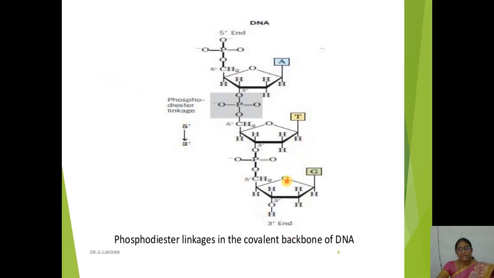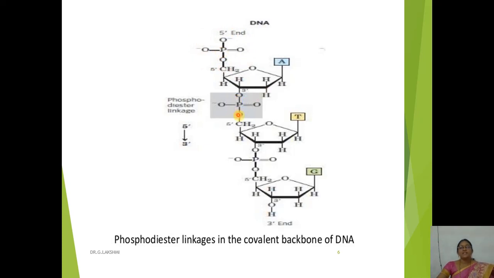DNA is a double helical DNA. One strand runs in 5 prime to 3 prime direction. The other strand runs in 3 prime to 5 prime direction. Here I am showing you the 5 prime to 3 prime direction. So 5 prime means the 5 prime phosphate is left free in this strand. Again you see the 5 prime carbon atom attached to phosphate is left free, not involved in any bond formation.